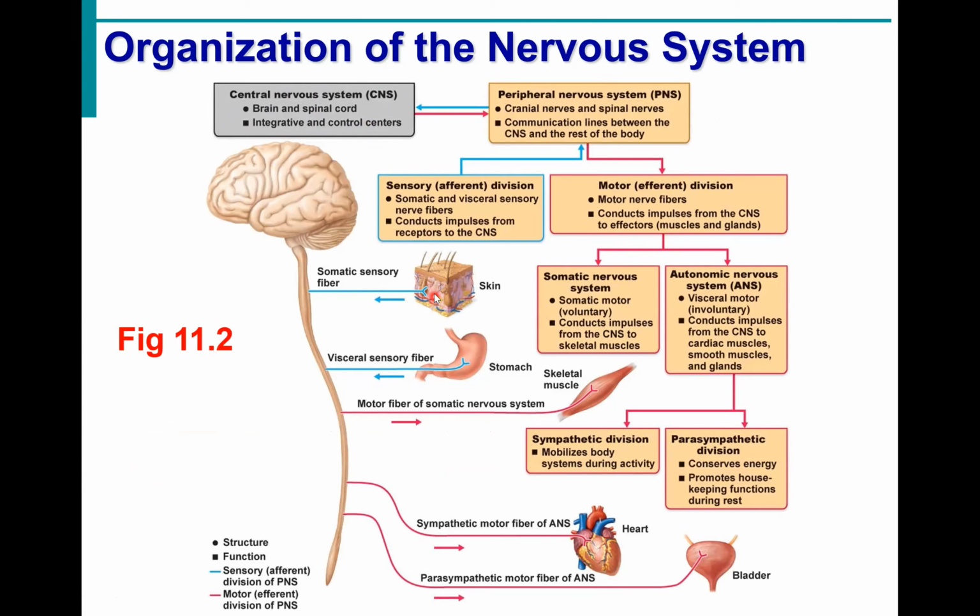Notice we have our somatic sensory coming in. We have our autonomic sensory coming in, that visceral sensory telling us about stuff in the stomach. We have our somatic motor out. We have our sympathetic, for instance, increasing the heart rate, and our parasympathetic affecting and controlling the bladder. So we show our autonomic branches here. Now it's important to know sympathetic goes to the heart as well as parasympathetic, and we'll talk more about that. So notice the only thing we're really missing, and thankfully we can now draw it in,